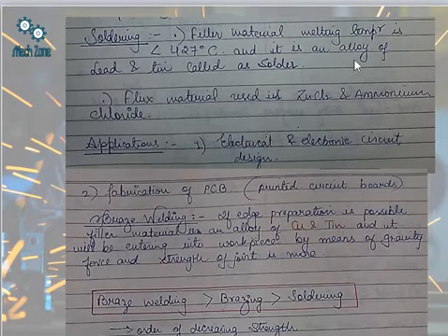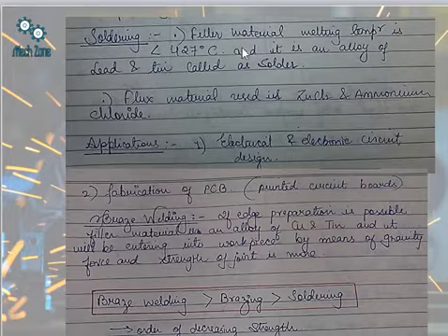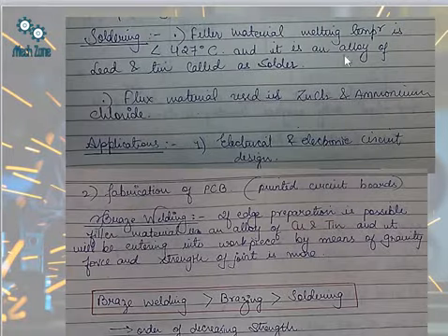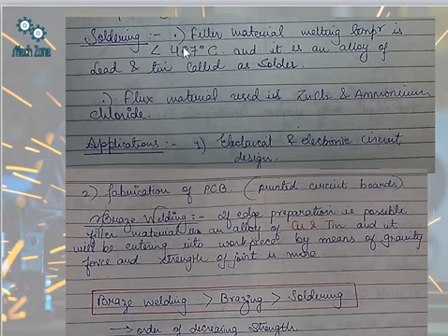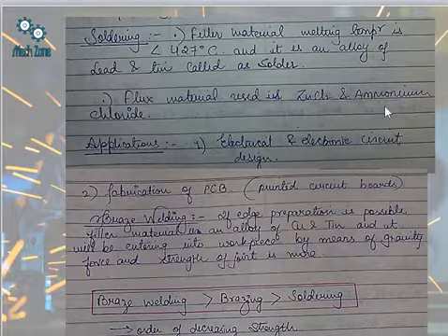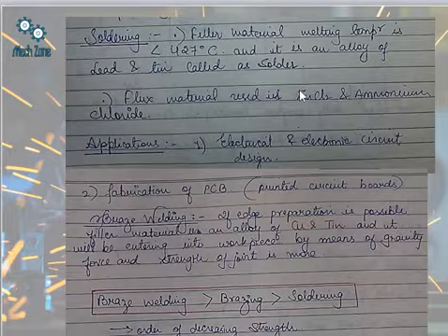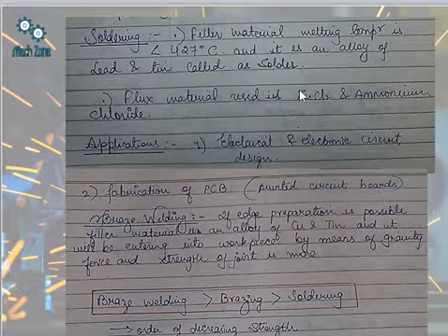In case of soldering, the filler material melting temperature is less than 427 degrees centigrade, and it is an alloy of lead and tin called solder. So here the filler material is known as solder, and it is having a melting temperature less than 427 degrees centigrade. Flux material is used such as zinc chloride and ammonium chloride. So ZnCl2 and NH4Cl can be used as the flux material. So we have to definitely remember what are the different flux materials used for brazing as well as soldering.